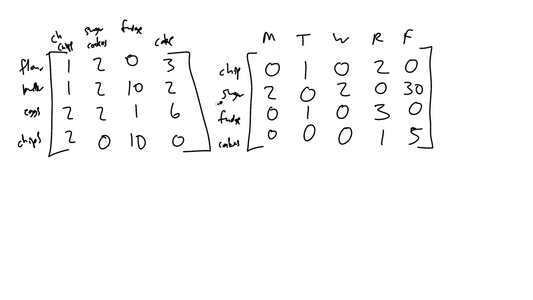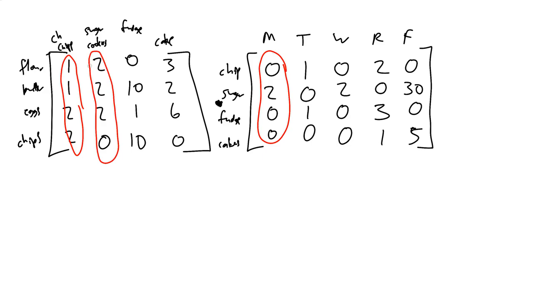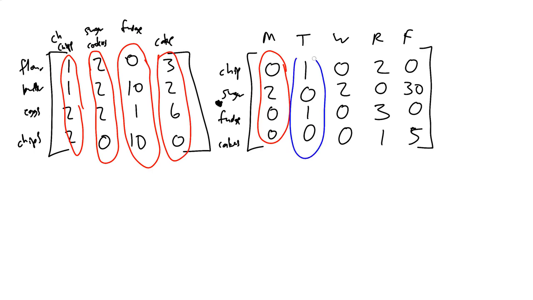So what I can do if I multiply these 2 together, again, is thinking of this in terms of linear combinations. This right here says I want 0 of those vectors on Monday, because I'm not making any chocolate chip cookies on Monday. I want 2 of that vector on Monday, because I want to make 2 batches of sugar cookies there. I want none of that and none of that on Monday, right? And then I'm going to do the same thing for Tuesday. I'm going to say, well, Tuesday I want 1 of that vector and 1 of that vector. On Wednesday I want 2 of that column and none of the others,